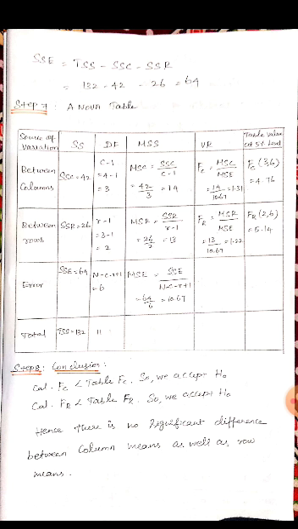Similarly, here for the F row value of the F test ratio, compare with the table value of the F test ratio. Here also the table value is higher, because 1.22 is less than 5.14. So here also we accept the H0. So finally we conclude the solution: there is no significant difference between the columns as well as the rows. If we accept the H0, both will be the same. That's why there is no significant difference.